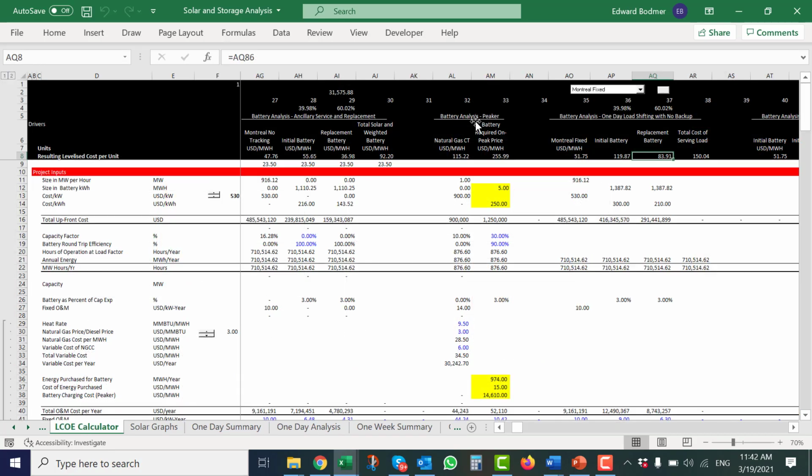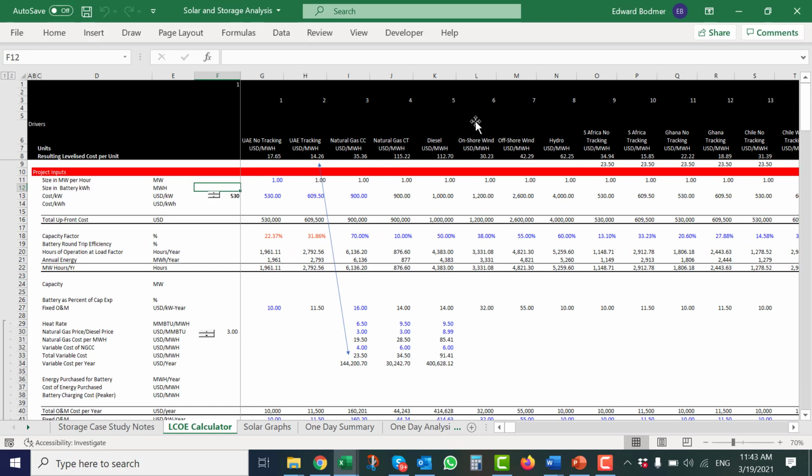In the LCOE calculator, we can put in our natural gas price here and change that. I'm not going to go through all these gimmicks. I'm just going to tell you. There's our heat rate, and there's some variable cost in USD per megawatt hour, and there's our total variable cost. And then you just put in all the costs and all the production. And I'm saying this over and over again because I kind of discovered this.